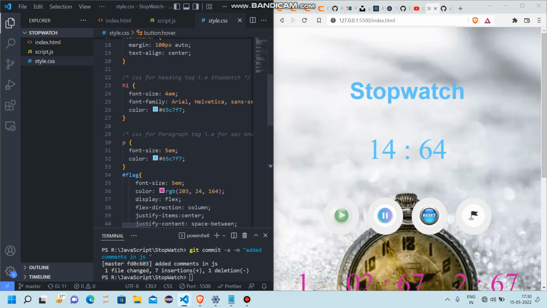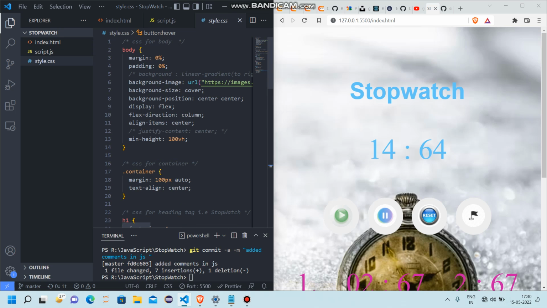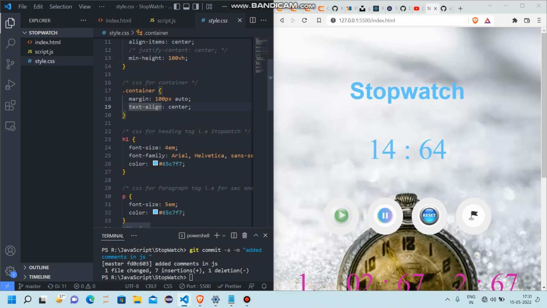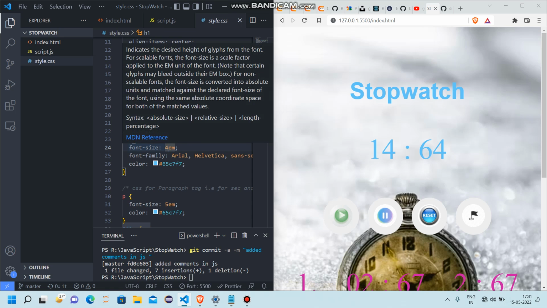This is all about CSS. I have set margin, padding, background image, and position of the image, direction of flags. For the container, I have set a margin, text align, and for the heading tag, I have set the size of a